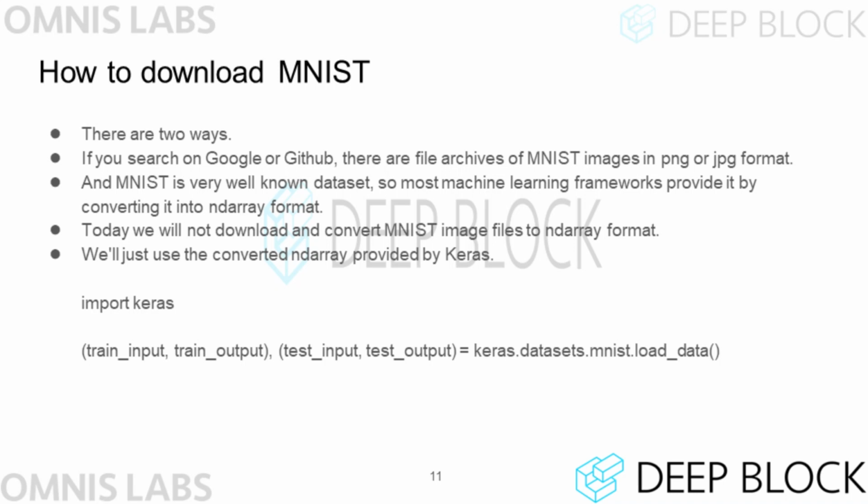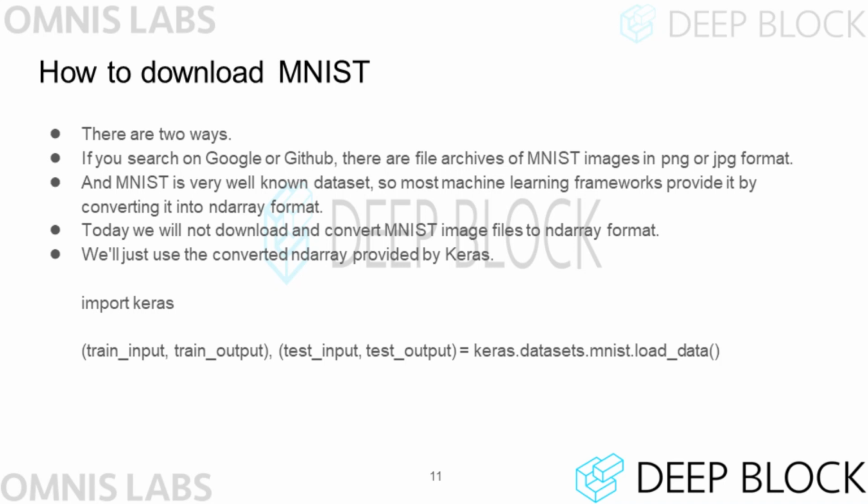In this class, we will not download MNIST image files and load them with OpenCV, but we will download and use MNIST ND-array data provided by the machine learning framework. Today, we will use Keras to download MNIST data and store it in variables.